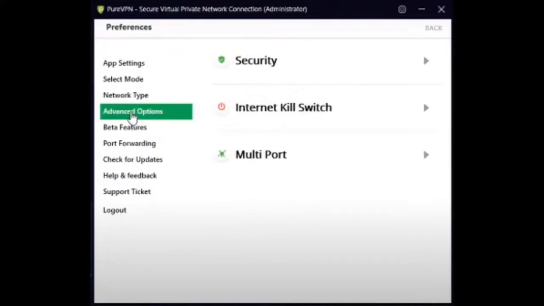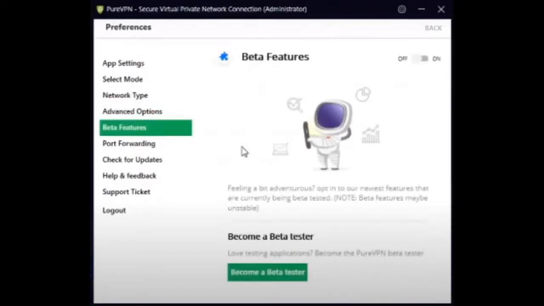And then we have multiport. Multiport is an automatic port selection that scans for open ports to connect to and check for cloud or throttled ports and selects the open ports available for connectivity. Basically, we want to leave that done as automatic, and we're not going to change any of those settings within that. And next we have beta features.